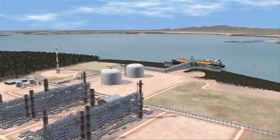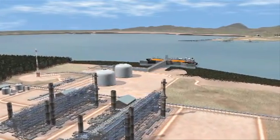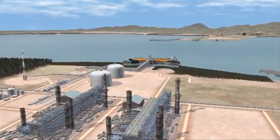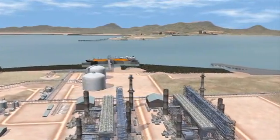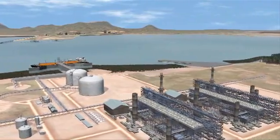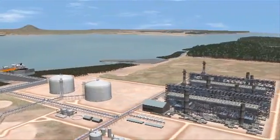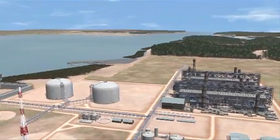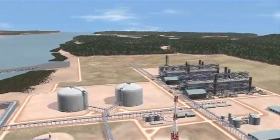The two-train plant will produce up to 8.5 million tonnes of LNG a year, with space for expansion. LNG is produced by cooling the gas to about -162 degrees centigrade, using the same principles that work in household air conditioners and refrigerators. At such a low temperature, natural gas becomes a liquid, taking up about 1/600th of its